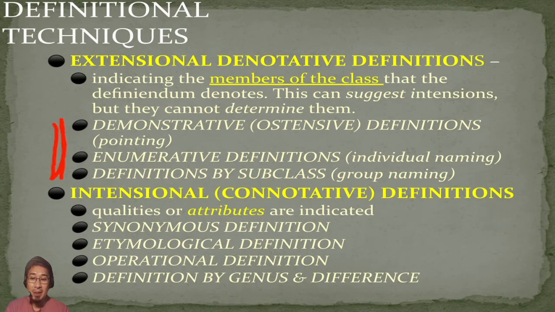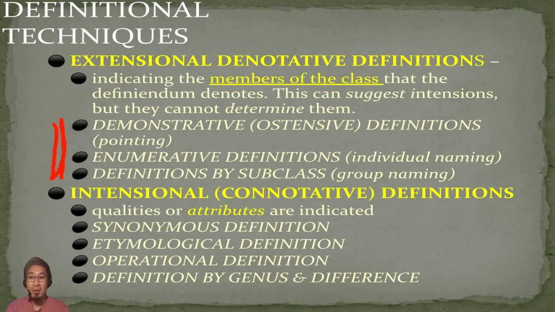Ang pinagkaiba ng enumerative in contrast with subclass, yung subclass is closely or directly connected sa isang superclass. Ang enumerative, not necessarily, kasi the items enumerated or identified under enumerative definition can still exist even without the main concept. Later, i-discuss natin ano yung main concept na tinutukoy natin for enumerative definition. Ulitin natin, extensional denotative definition, we only have 3